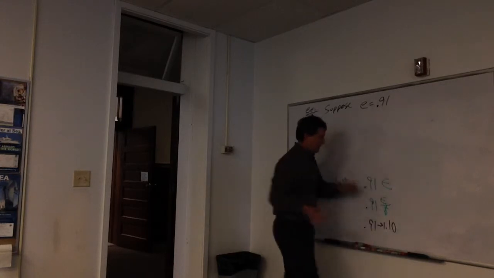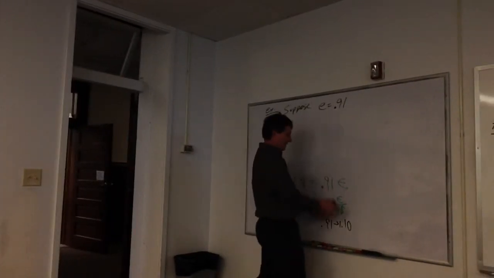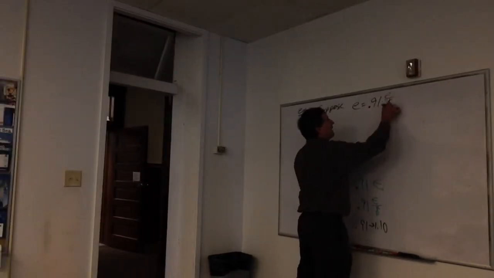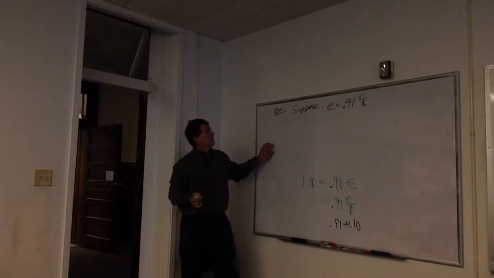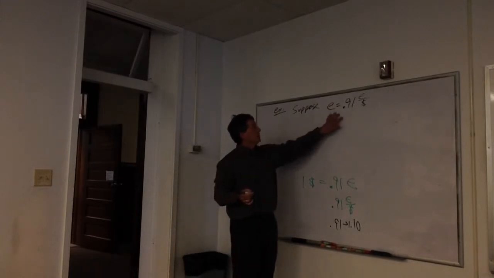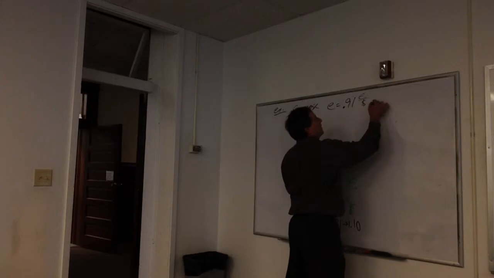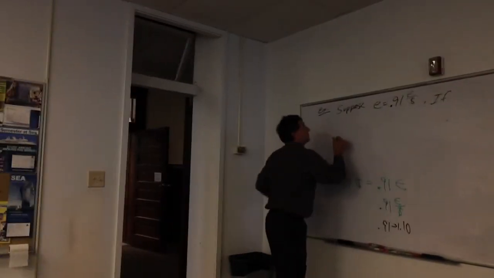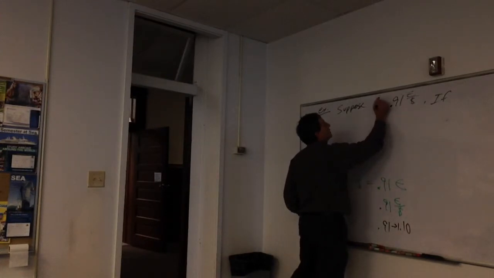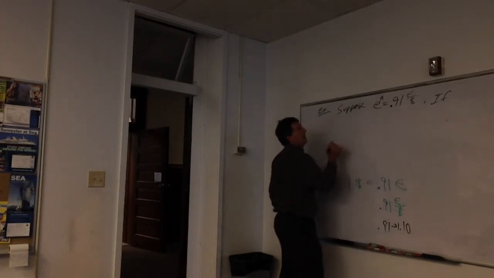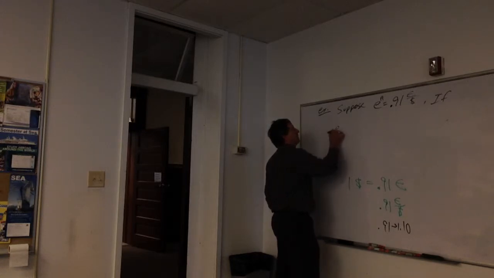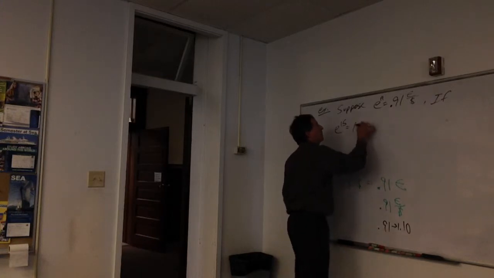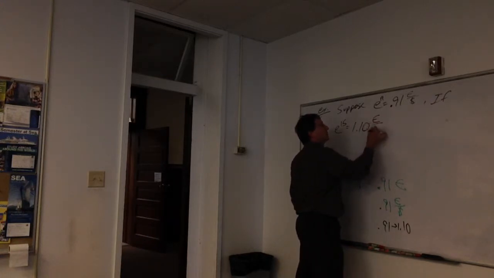And get in the habit of this notation, it will make your life easier. Of 0.91 what? Euros per dollar. Suppose the exchange rate equals this, and this was in 2014. If E in time period 2015 equals 1.1 euros per dollar,